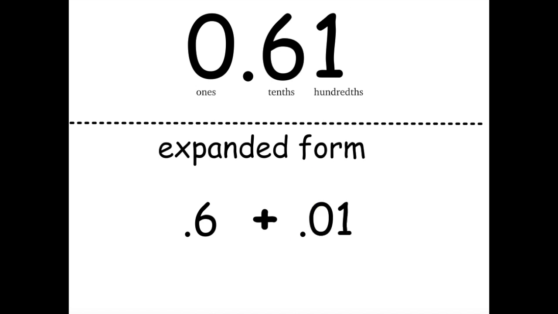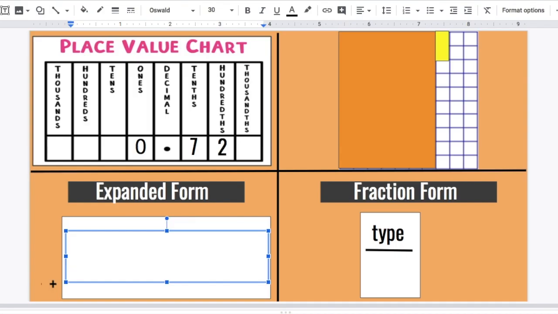So we have 6/10ths plus 1/100th to show 61/100ths in expanded form. I will type in this box and I will look to the place value chart for help. So notice that there are 7/10ths, so I would write that as decimal point 7